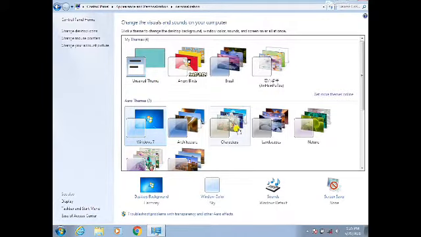This is the Windows theme. Then what is a screen saver? A screen saver is any moving picture or graphics that is displayed on the screen when you do not use the mouse or the keyboard for some specific time. Windows comes with various pre-installed themes. These include Aero themes, Windows 7 basic themes and high contrast themes. To apply themes, follow the given steps.